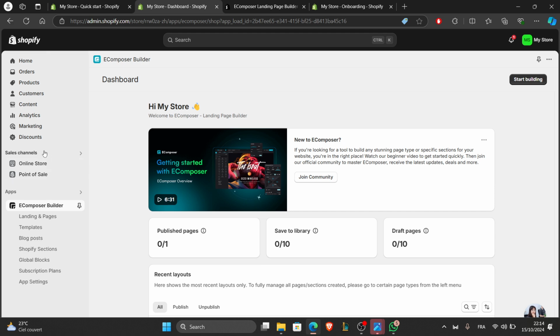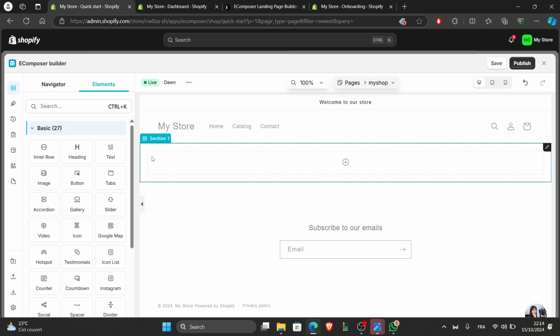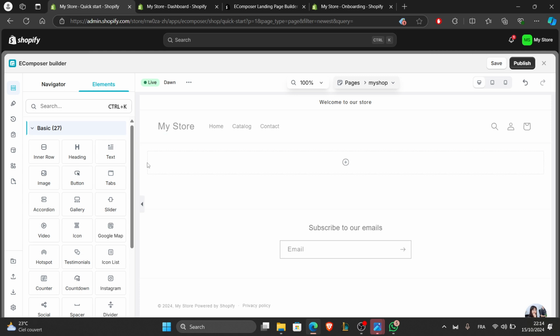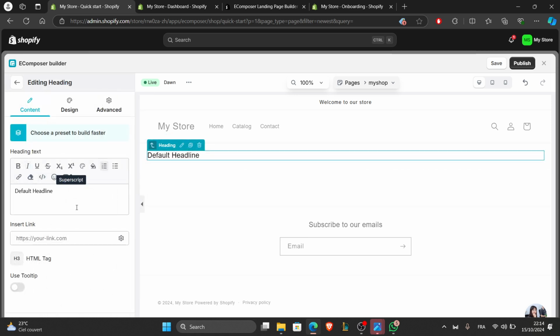Ecomposer gives you a lot of flexibility when it comes to designing your page. Here's how to use its features. On the left-hand sidebar, you see a list of elements you can add to your page, such as text, blocks, images, sliders, videos, and product grids. Simply drag and drop these elements into your page, just like this. Select and drag. Drag in the plus button here, and you can